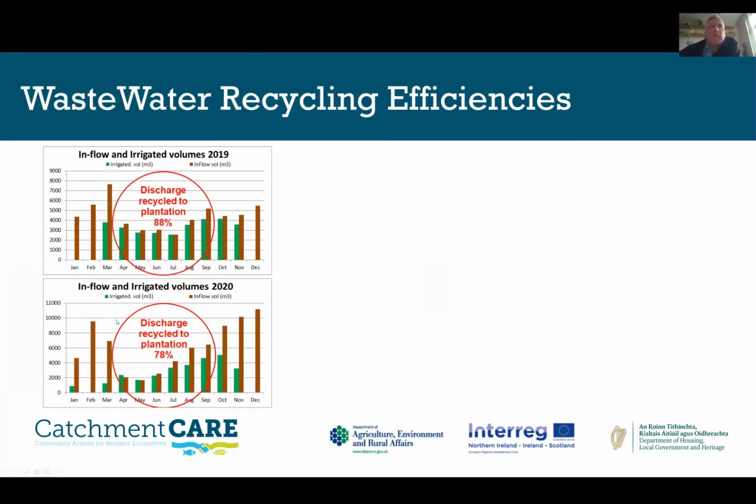The graphs on the left and right show, for example, 2019 and 2020. The brown bars indicate the volumes of wastewater going into the treatment works, and the green bars indicate what's going out onto the willow plantations, in other words, what is not being discharged into the environment. And we can see that the quantities are quite significant, but most definitely much more significant during the summer months,